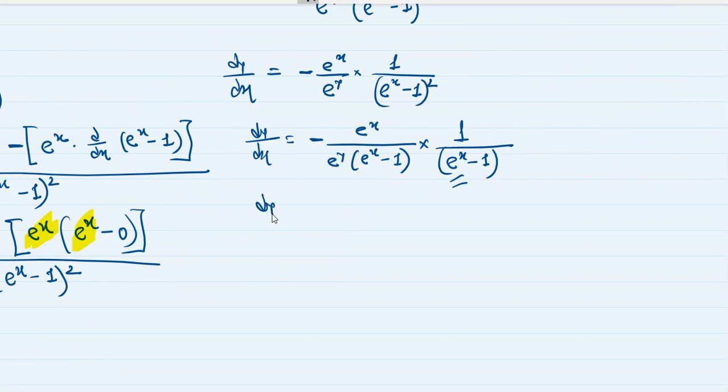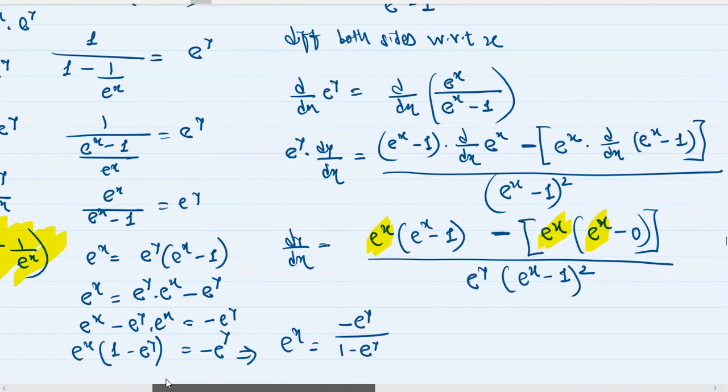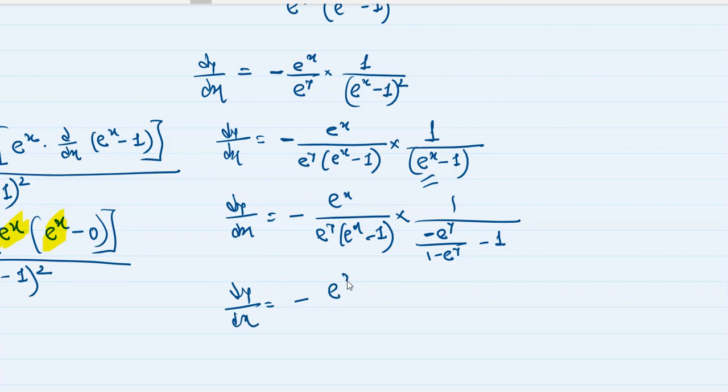Okay, so dy by dx is equal to minus of e raised to x upon e raised to y bracket e raised to x minus 1 multiplied by 1 upon, in place of this e raised to x, I put the value I just told you, minus of e raised to y upon 1 minus e raised to y, minus 1. Let's simplify this. So dy by dx is equal to minus of e raised to x upon e raised to y bracket e raised to x minus 1 multiplied by, here,